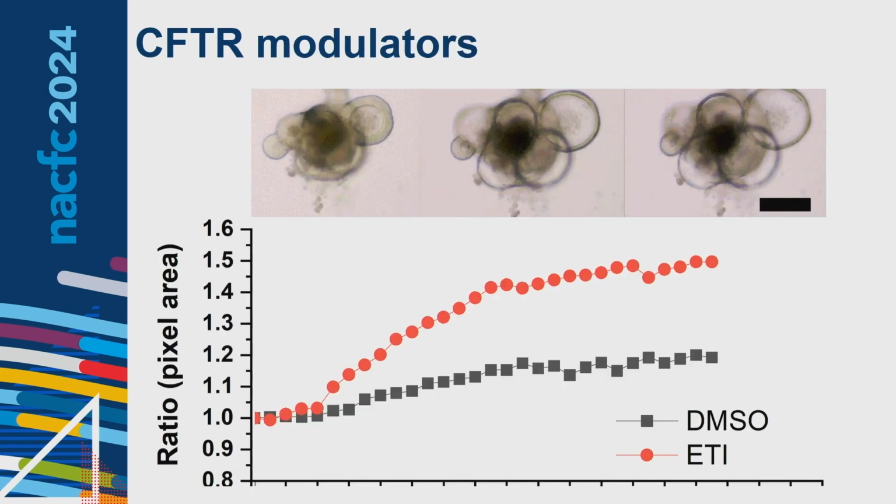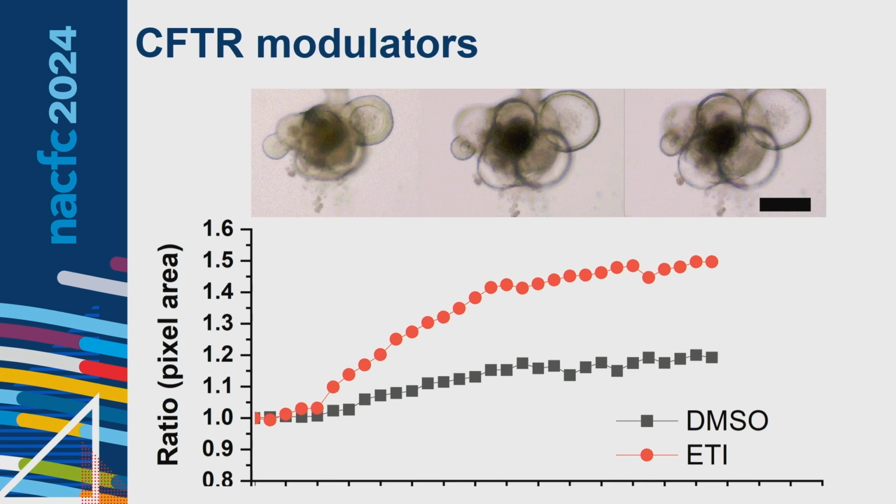As preliminary data, we're already using different CFTR modulators, and with this forskolin-induced swelling assay, we can measure the functionality of the CFTR in the organoids. Here we can see that the organoid swells because they're transporting a lot of fluid into it,